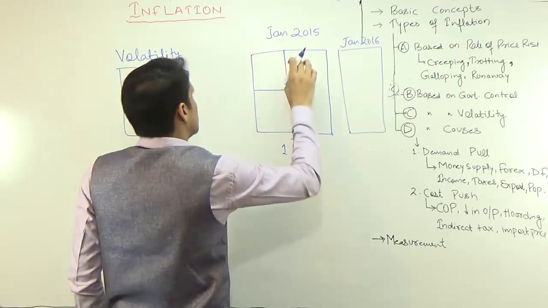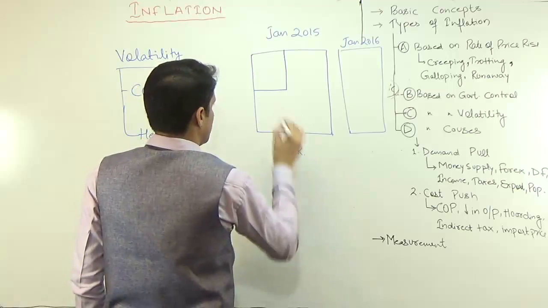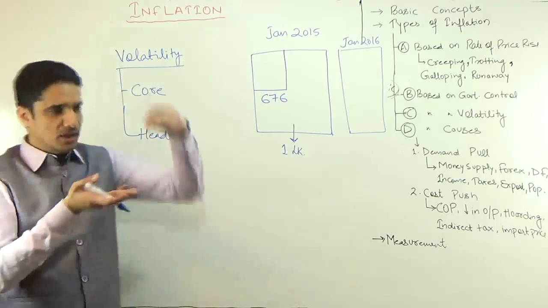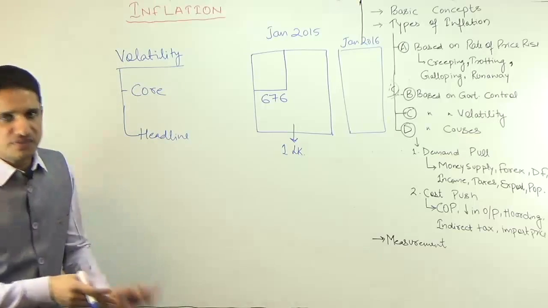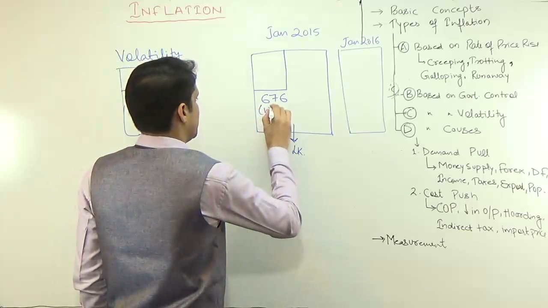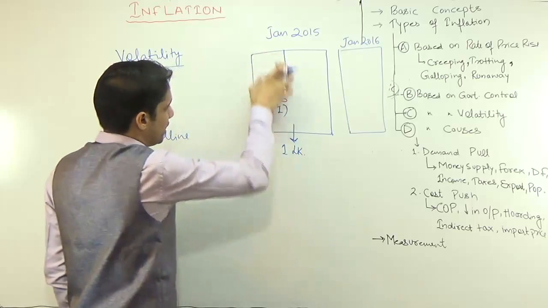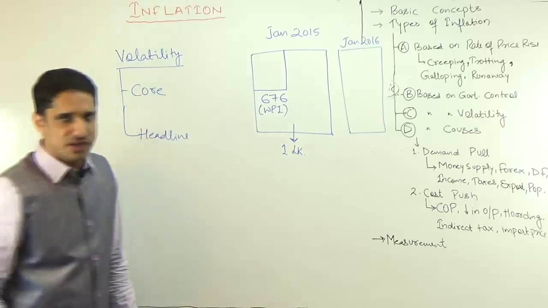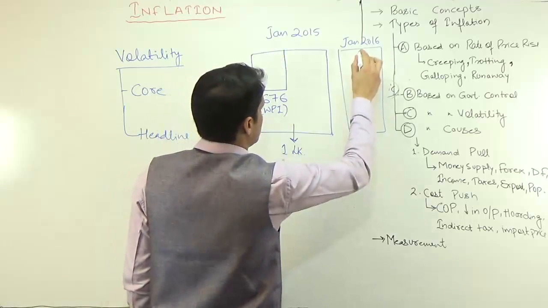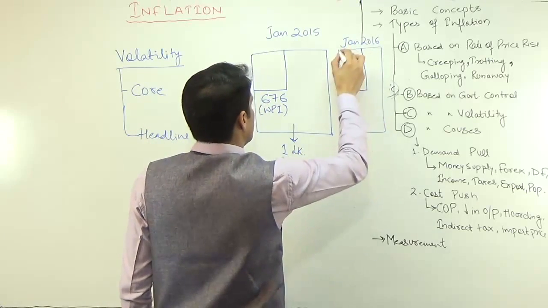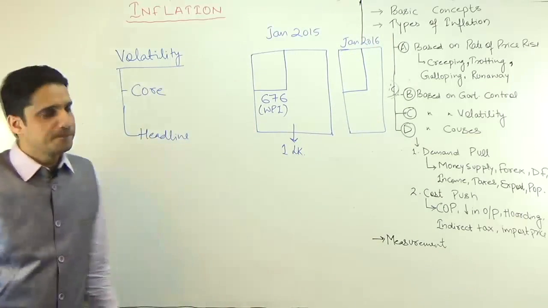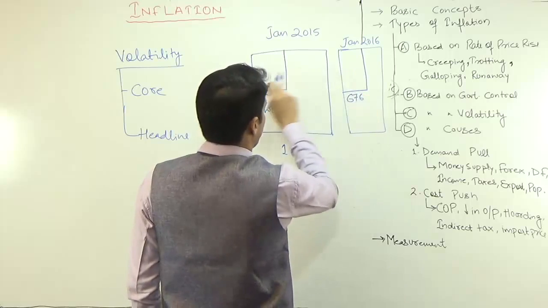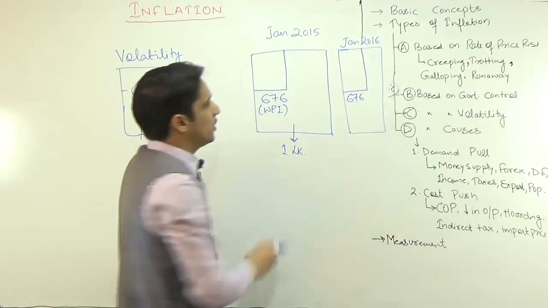It means out of 1 lakh commodities, you have to come up with a figure that I consume only these 676 items. This is the priority list. So top 676 items, 700, 500, whatever that figure is. In case of WPI, it is 676. So you have prioritized this, and you know the price of these 676 items in January 2015. Similarly, the price of the same commodities in January 2016 you also know. So whatever will be the price of these commodities in January 2016, and the difference between the prices